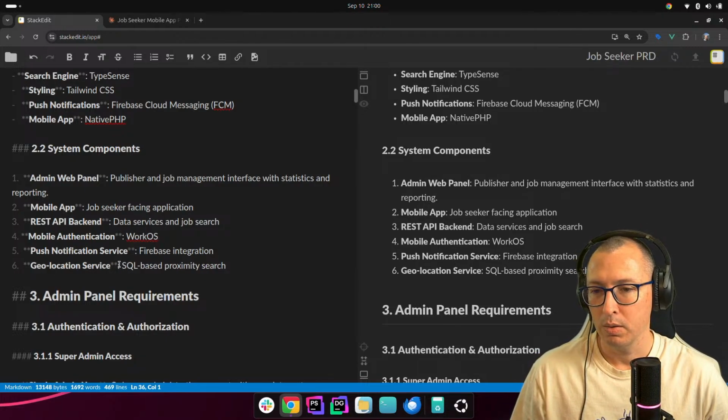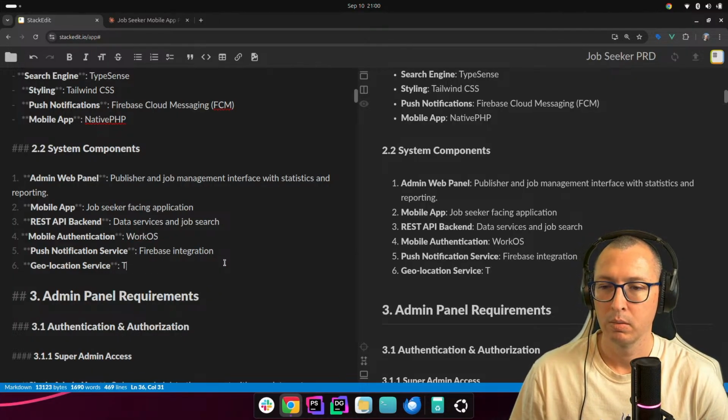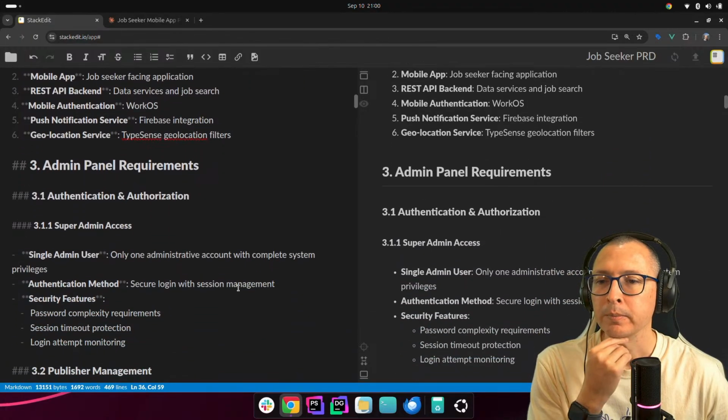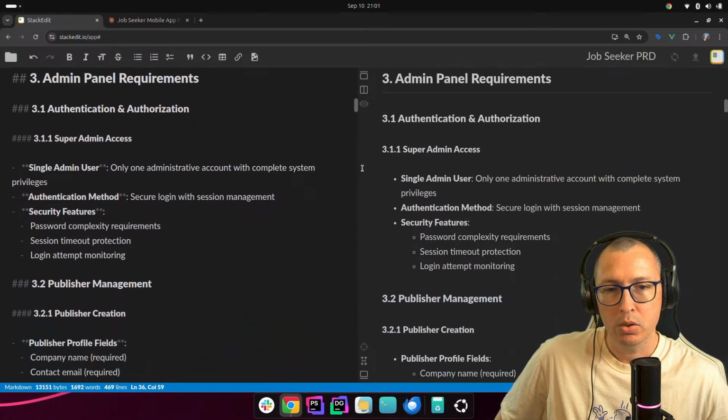Geolocation service, this is going to use Typesense. Admin panel requirements, authentication and authorization.